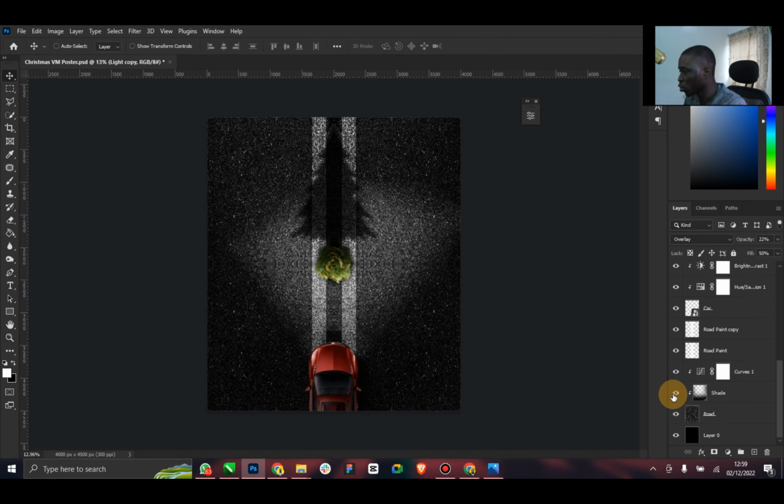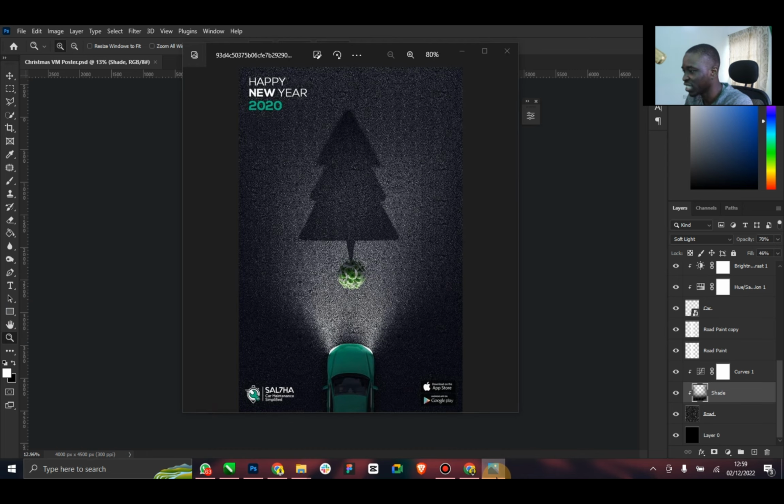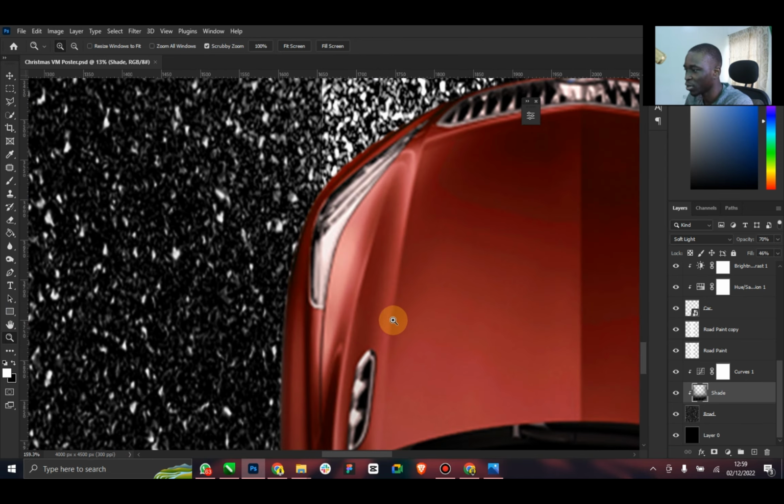Now if I turn off this black, okay, I think we should reduce the shade just a little bit, so it looks not too dark. All right, so yeah, we have this. And lastly, for the icing of the cake, which was not really done here, but for the icing of the cake, okay, it was